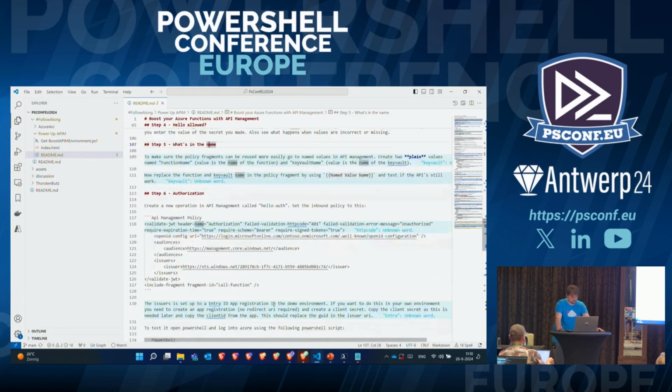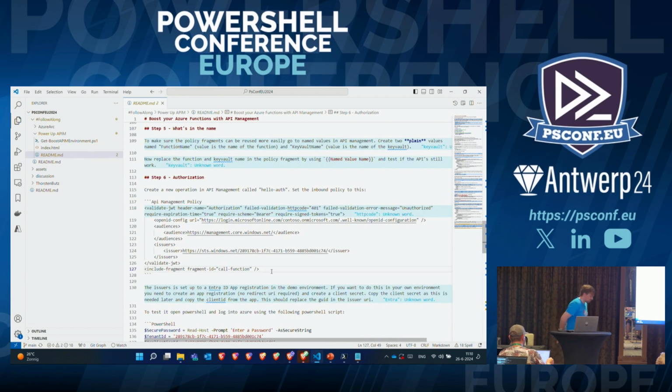Okay. So, on to the difficult parts. Is there somebody here who knows the difference between an app registration and an enterprise application in Entra ID management and knows it so well that they dare to explain the difference? Yes. Okay. I'm sadly not going to explain you exactly the difference, but